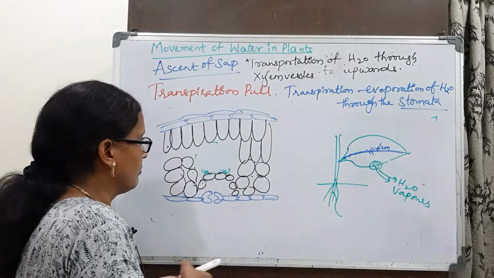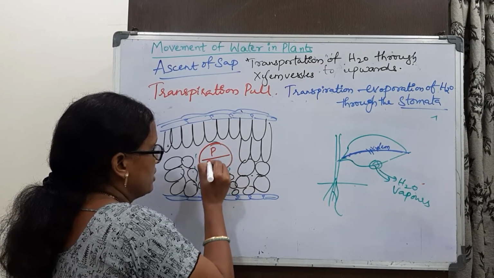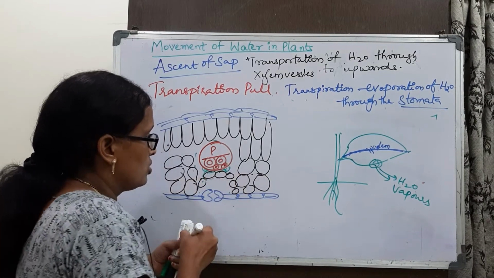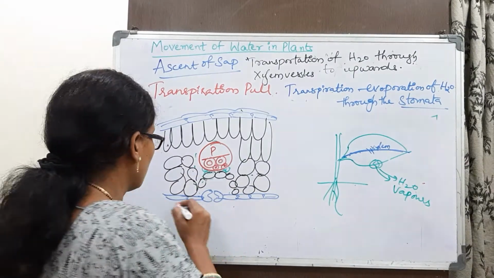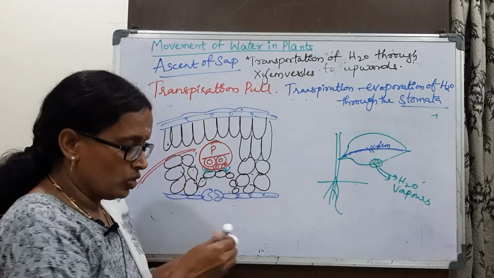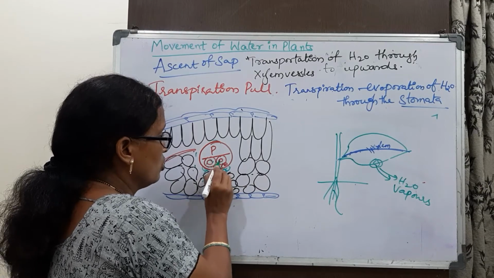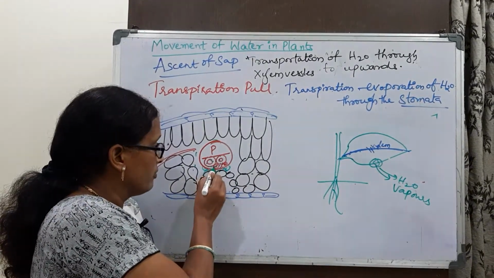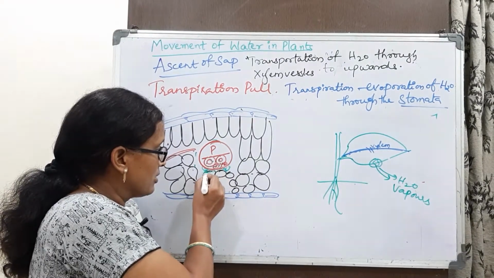Here are the xylem and phloem; these are the xylem vessels. Through the roots, a continuous water column is created. Now the water has reached the xylem vessels, and ultimately the mesophyll cells.